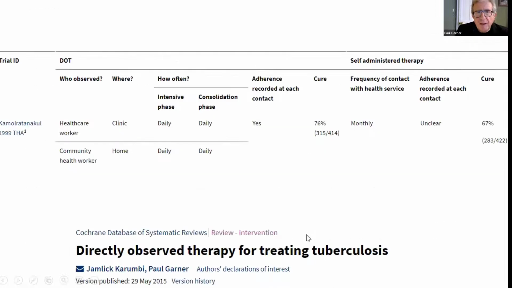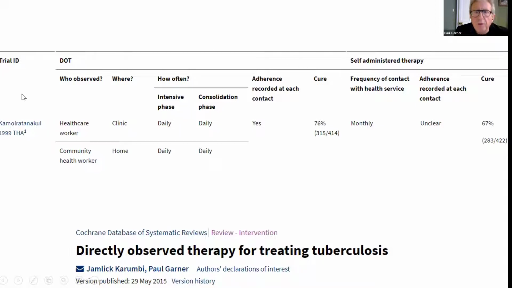And in fact, the Cochrane review now does have these sort of headings to try and describe the interventions. And the only randomized controlled trial that's been conducted that shows a small effect, the rest show no difference between self-treatment and direct observation, is one here where you can see on the